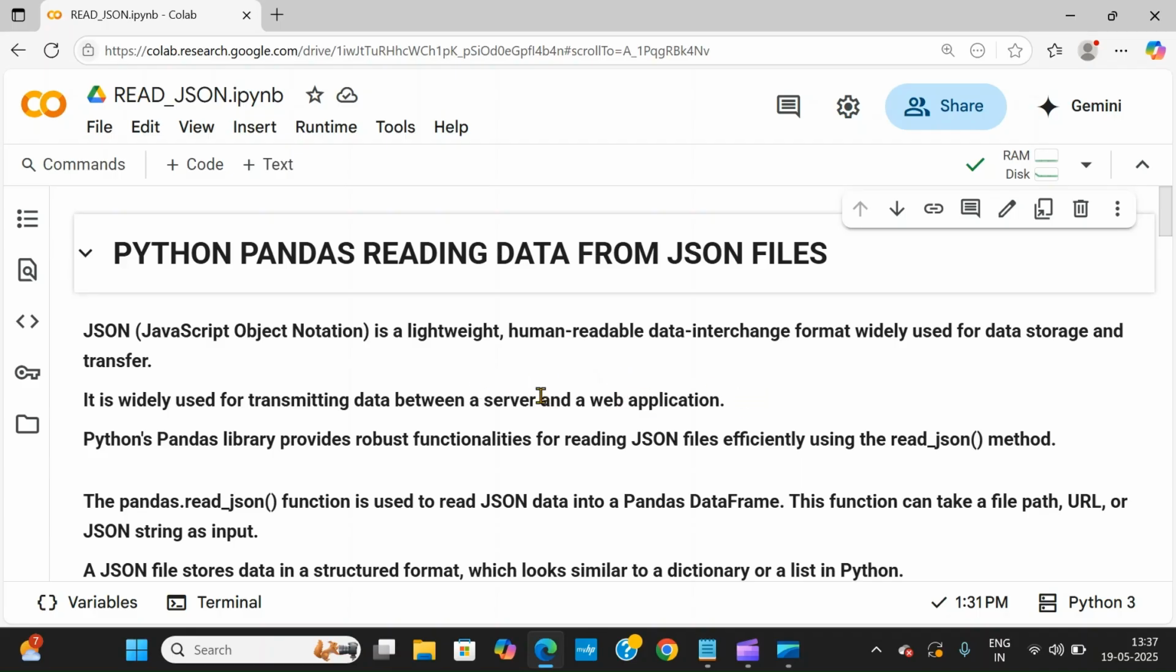I will show the format of how it looks. It's very similar to the dictionary in Python. It is widely used for transmitting data between a server and a web application. So you have a client server. Your web application becomes a client and you have a server. If you want to transfer the data between these two very fast, then I can go for JSON